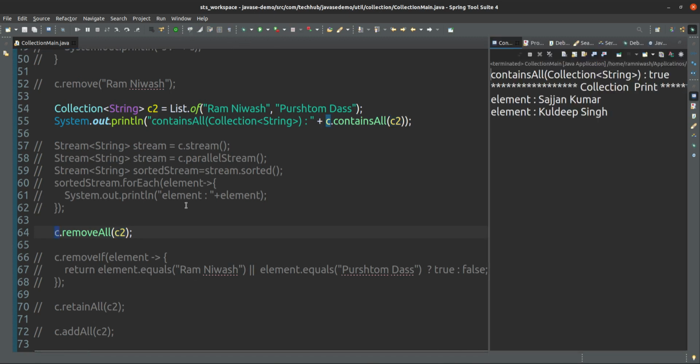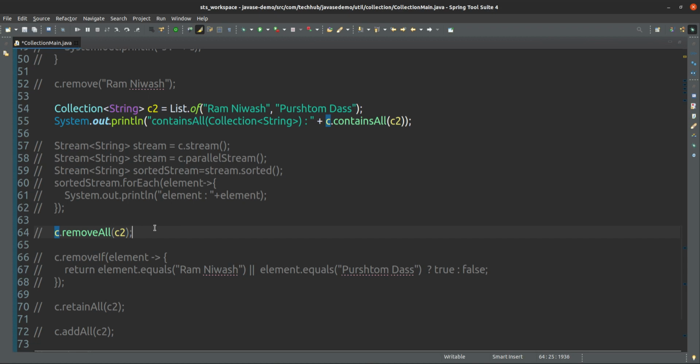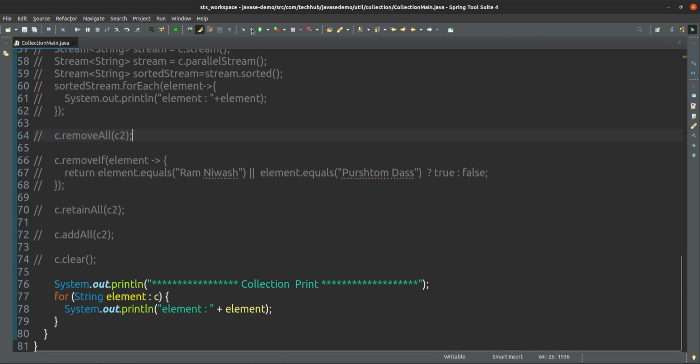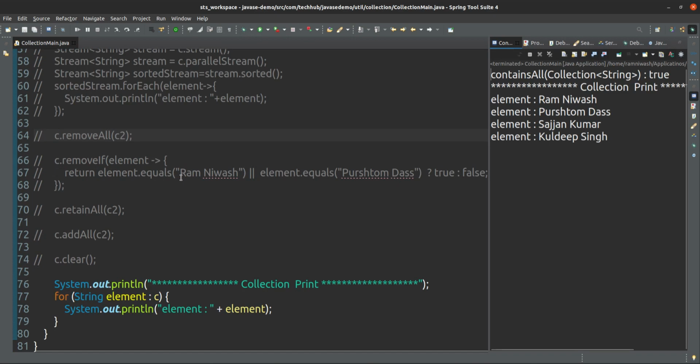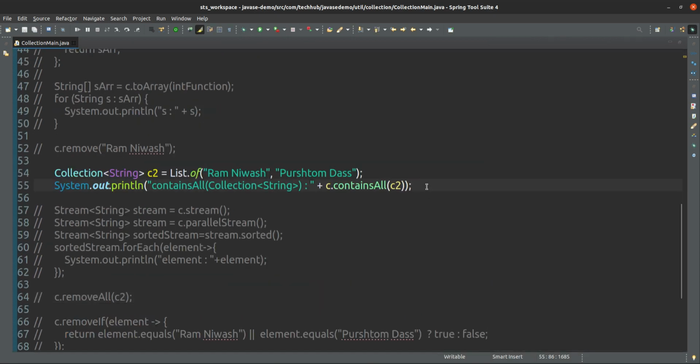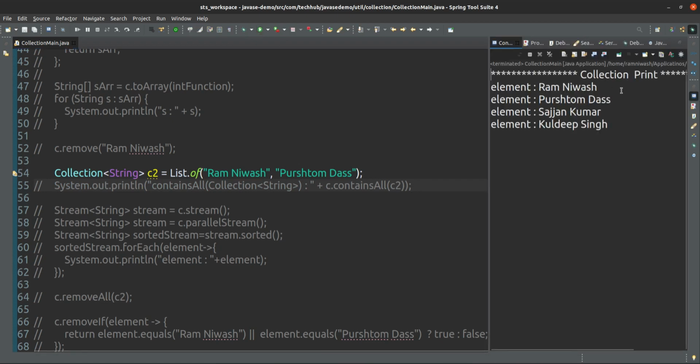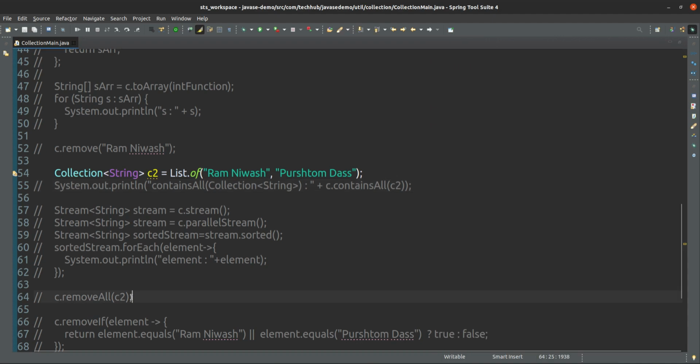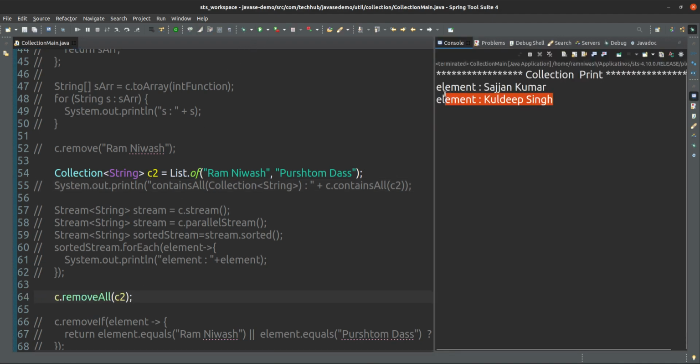It's removed. If you don't remove, what will be the output? If you see first, 4 elements are there now. If I remove all whatever is present in C2, it will remove these 2 and the remaining 2 will come. Ram and Purushottam I have removed. Sajjan and Kuldeep are still present in C1.